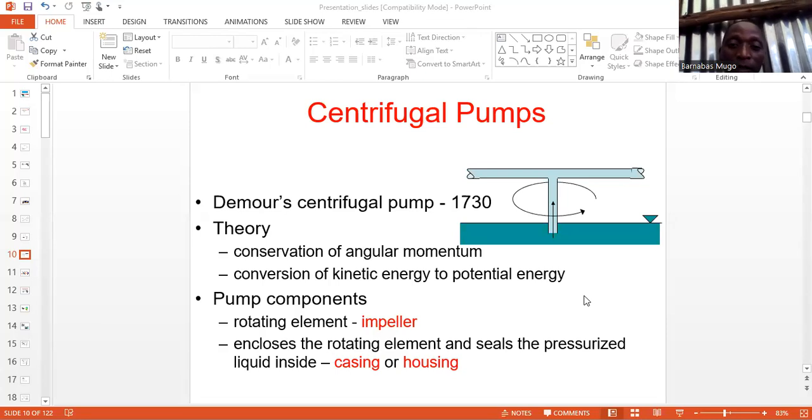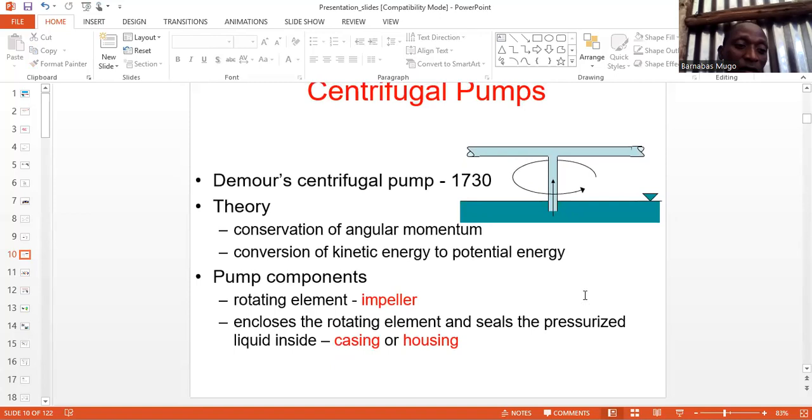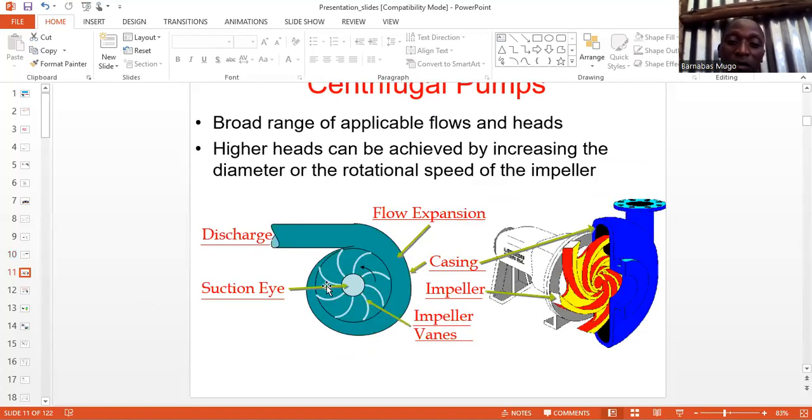But generally, when you look at the centrifugal pump, it has the shaft, it has the motor, and it also has the rotating shaft. This section is where water enters through the eye of the suction,